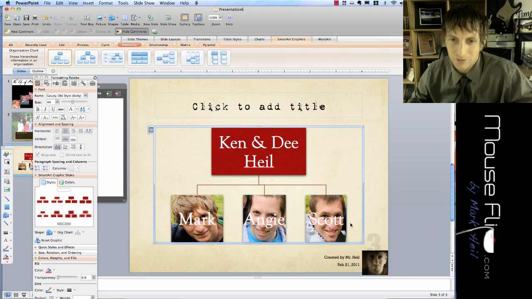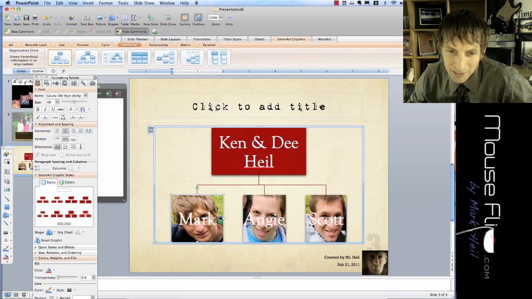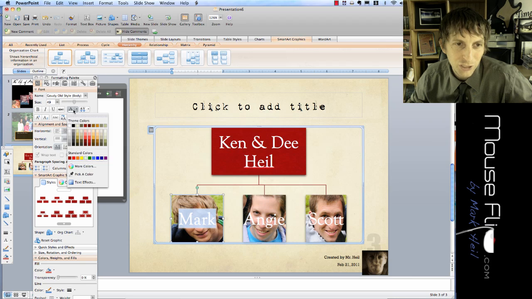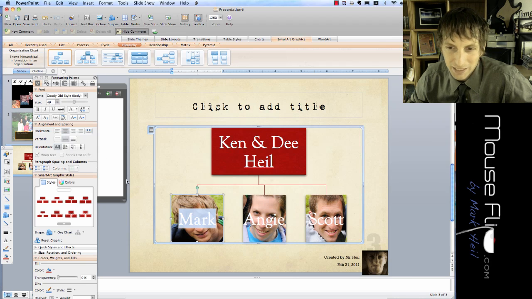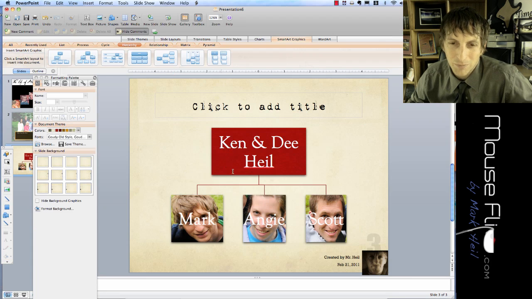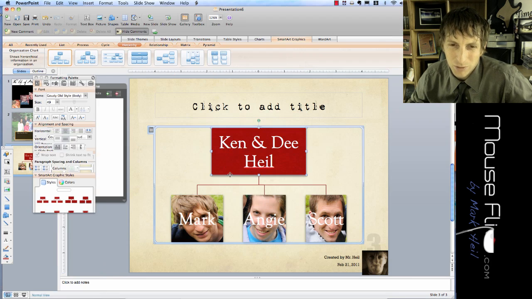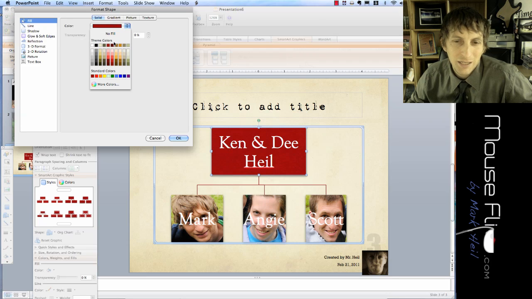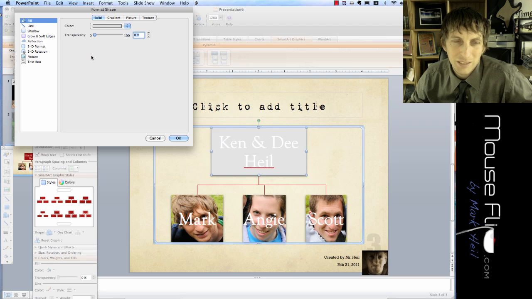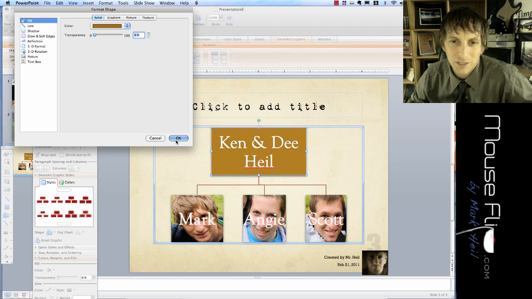Okay, so now if you want to change your text, like you can't really read it very well, just highlight the text and go over here and change the color. You can also change the size accordingly. So I'll let you decide on that. I don't like this red, so I'm going to double click on this red box, and I'm going to choose a lighter color maybe. Actually, no, that didn't work very well. Let's choose a darker color. Okay, so then I'm going to hit OK,